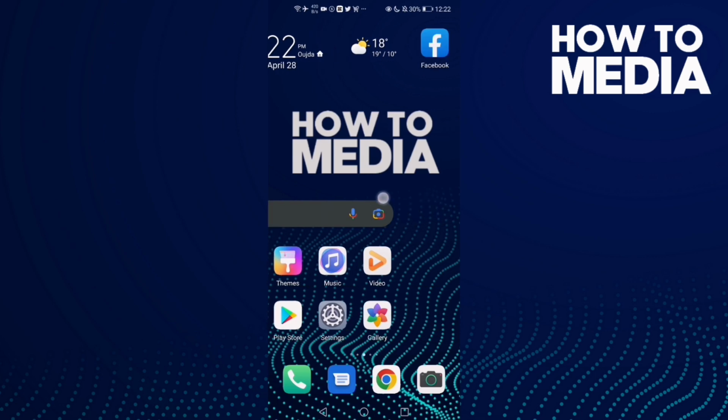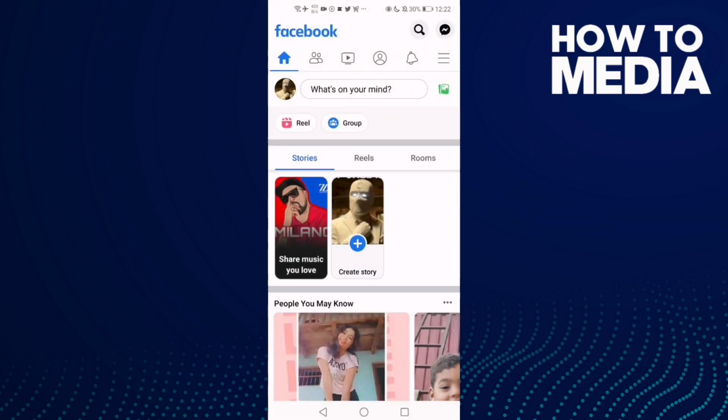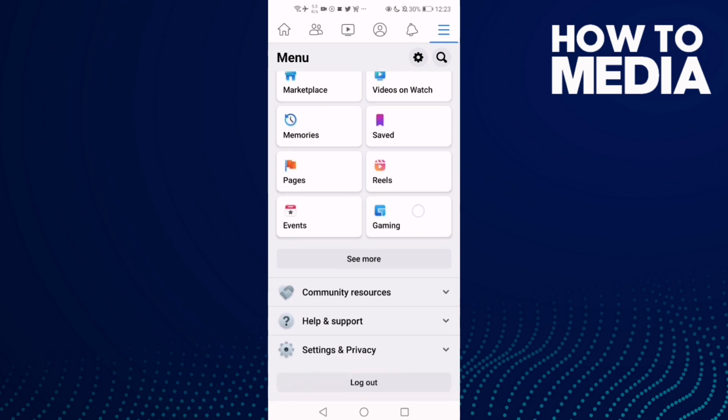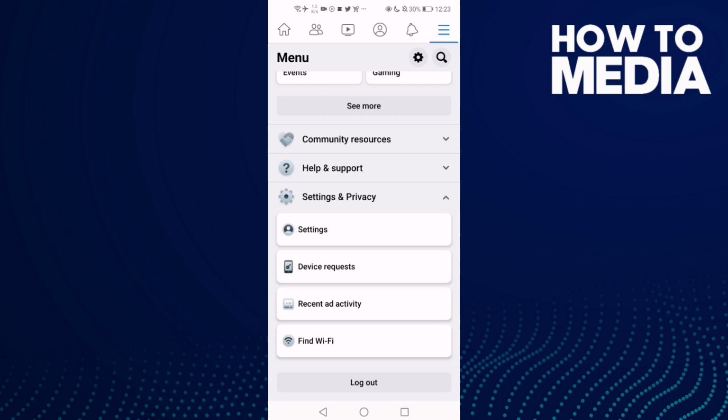First thing you're gonna do is go to Facebook, and then click this three lines here, and now go down until you find settings and privacy, and then click this one, settings,